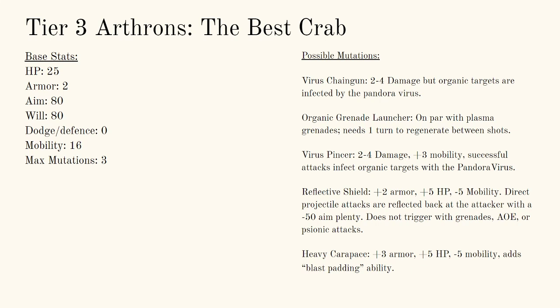They have a reflective shield, which is +2 armor, +5 HP, -5 mobility, but direct projectile attacks are reflected back at the attacker with a -50 aim penalty, right? So reflected back at them with 80 -50, that's...